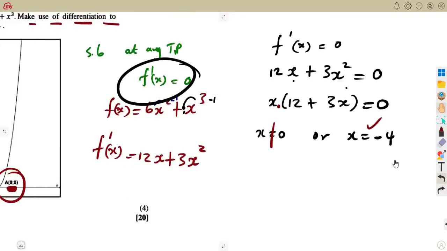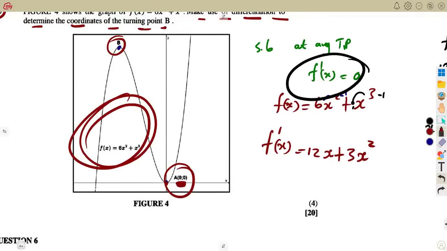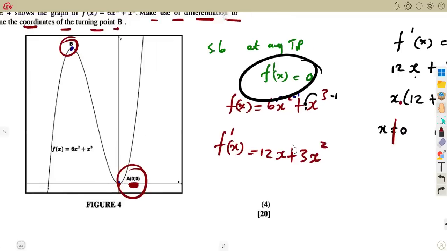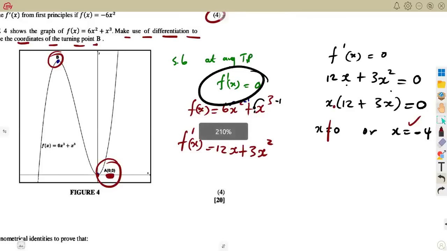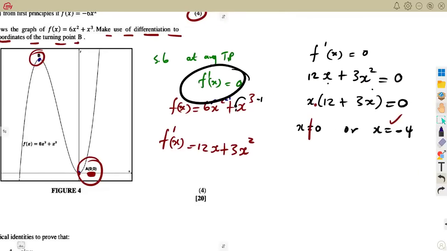The -4. Does it make sense that here we've got -4? Yes, it's on the left side. Remember your y-axis. So this is the left side. And on the left side, x is what? X is negative. So it does make sense that our x is -4. As we need the value of y now as a point, so substitute into the original equation, into our